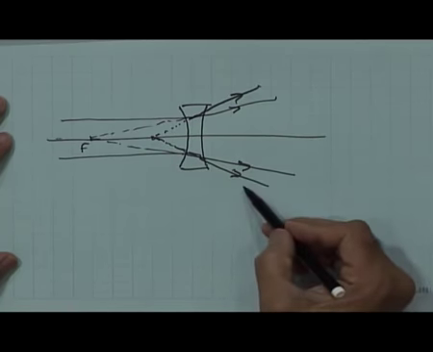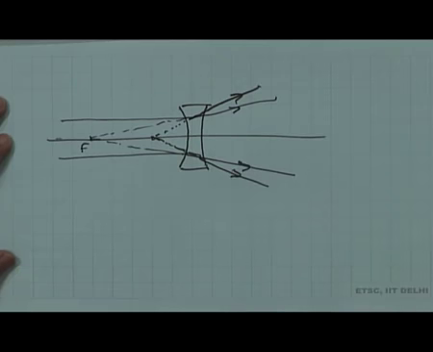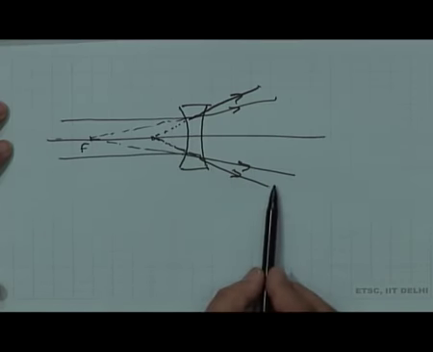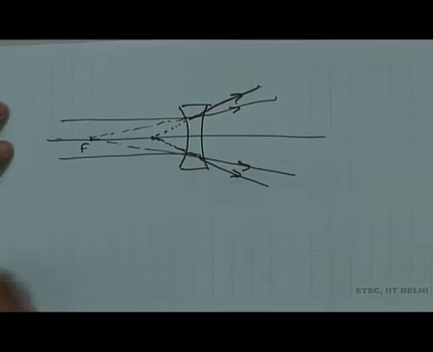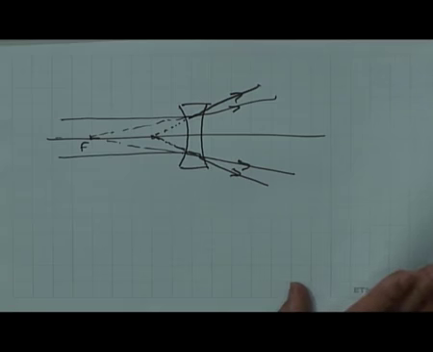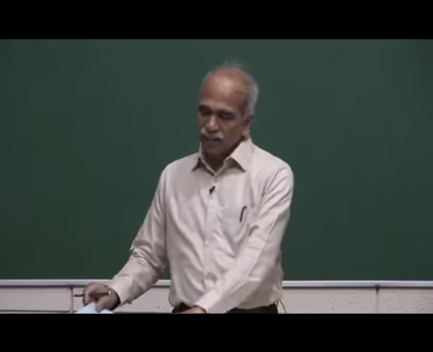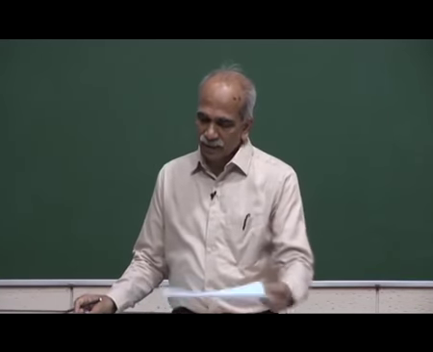So the diverging capability or the converging capability, as we saw in the earlier case, depends on the focal length. Small focal length, stronger divergence, and in the biconvex case, small focal length means a stronger convergence, and here it is a stronger divergence. In either case, the converging power or diverging power are inversely proportional to the focal length, and therefore the power of a lens is defined as